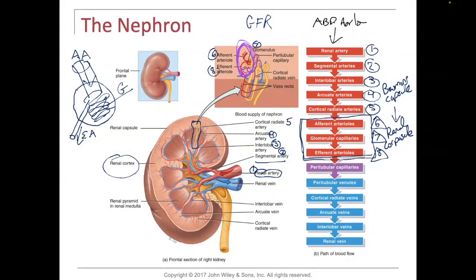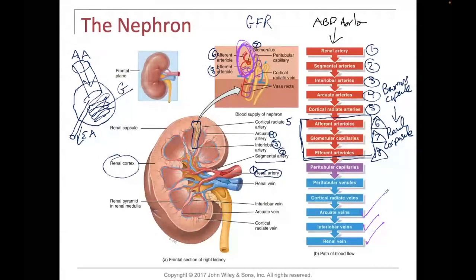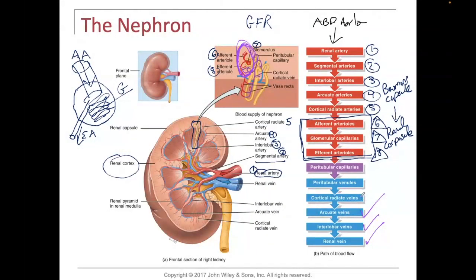Okay? And just as we have the arterial system, we also have the venous system. Same structures, right? Like if we had a renal artery, you have a renal vein. We had interlobar arteries, there's interlobar veins. There's arcuate arteries, there's arcuate veins. There's cortical radiate artery, there's a cortical radiate vein. These peritubulars, the peritubulars are the structures that surround the nephron and the different tubules, because